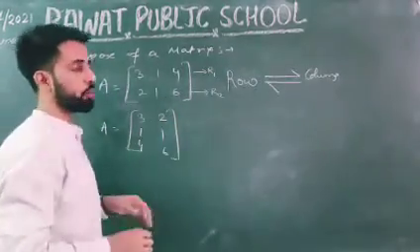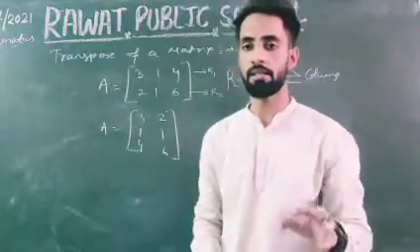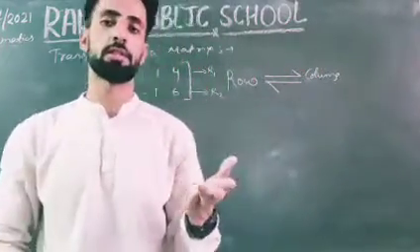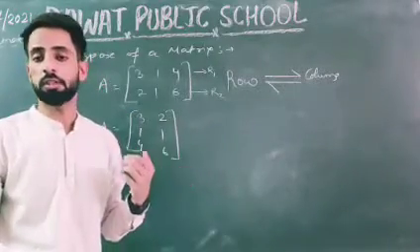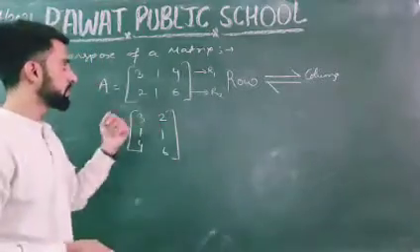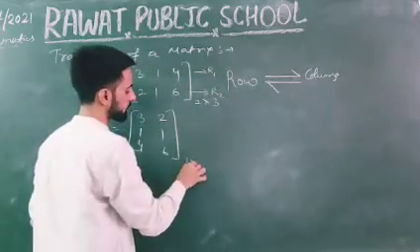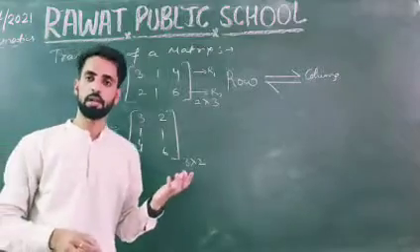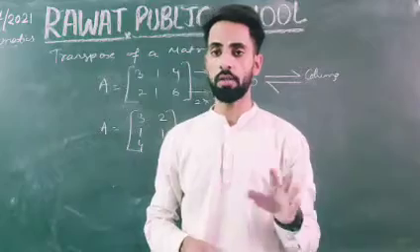Correct? By doing so, if a matrix is not a square matrix, of any other order, the order will be changed. The order is not affected in case of a square matrix because the number of rows and the number of columns are the same. But here you can see the order was 2 by 3, now the order is 3 by 2. So the order is also changed when we transpose a matrix here, correct? But in case of a square matrix, the order does not change.